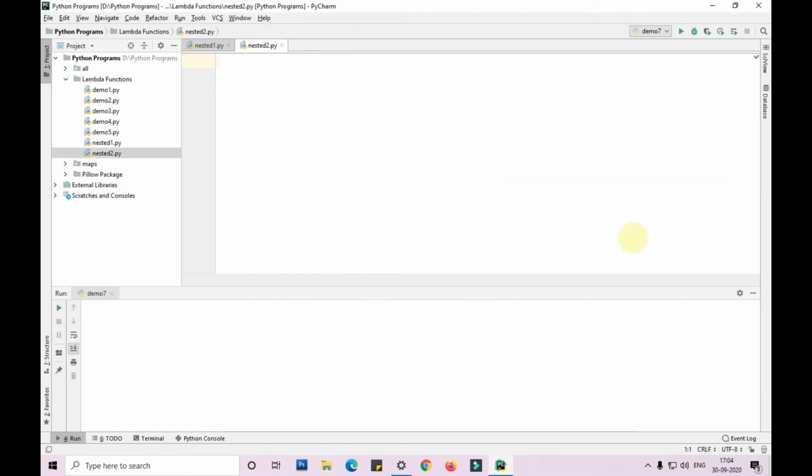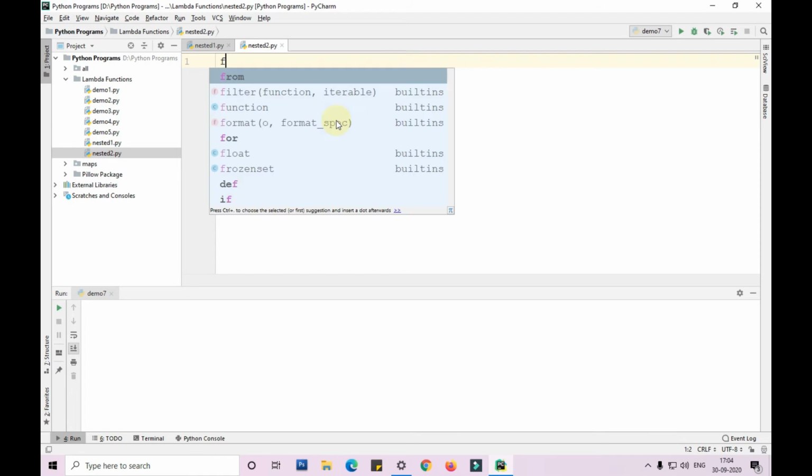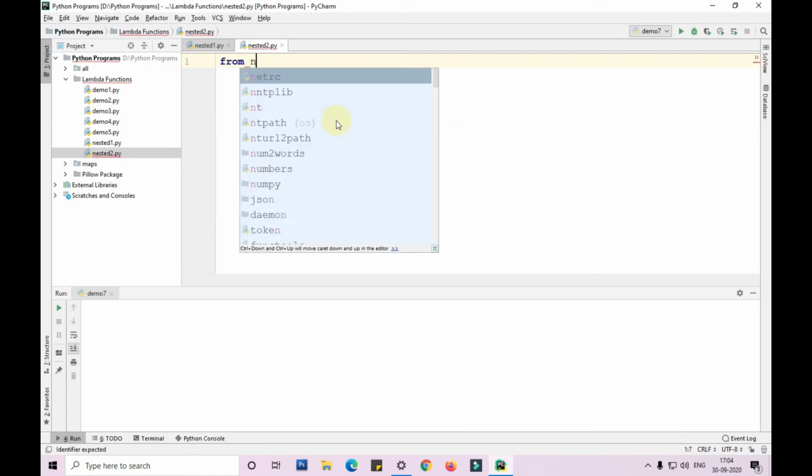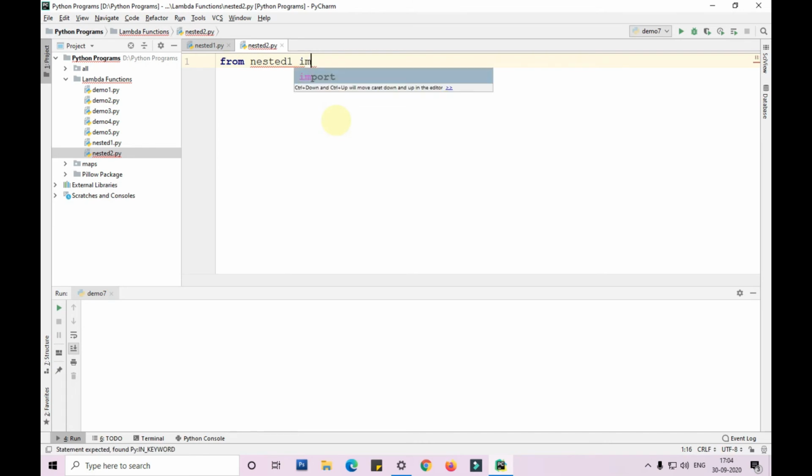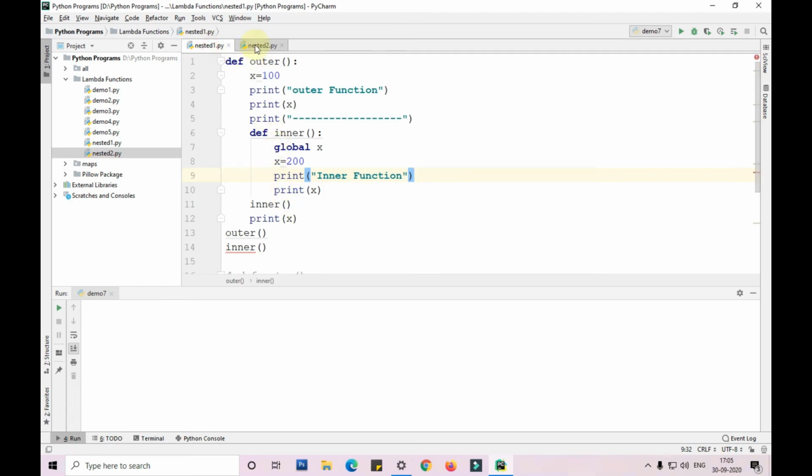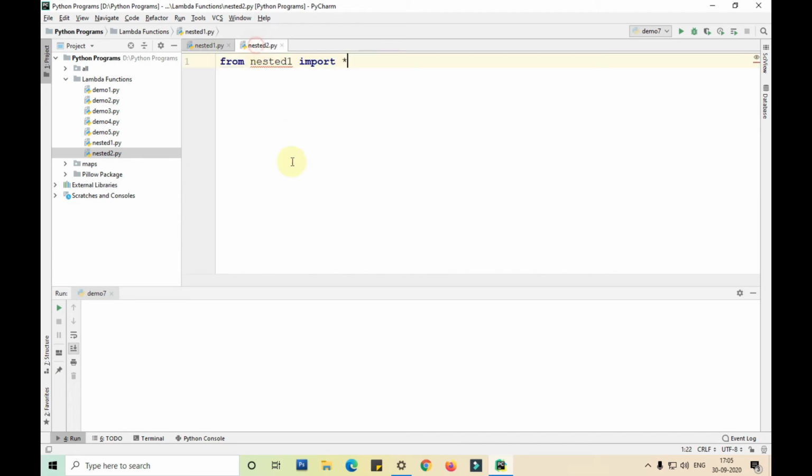So now we'll try calling the outer function, which is defined here in the nested1 file, from nested2. From nested1 import star. I'll call the outer function here directly and show you.